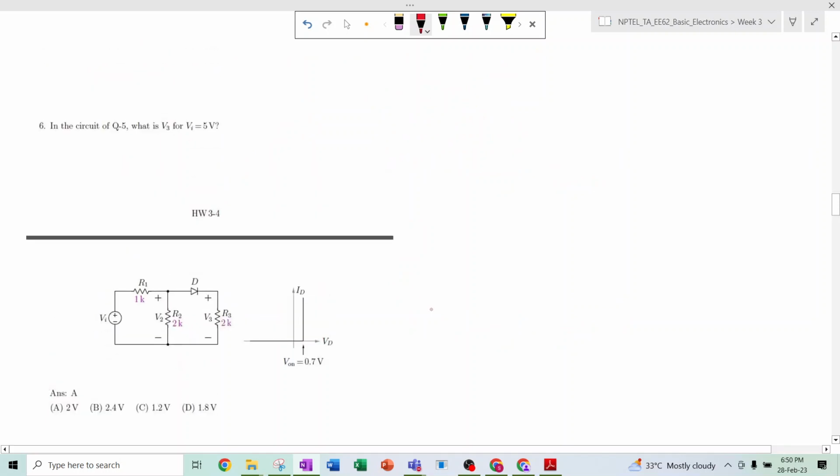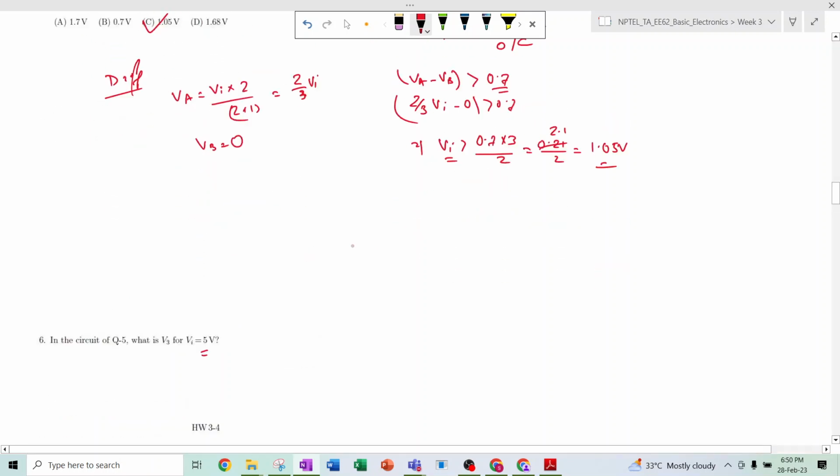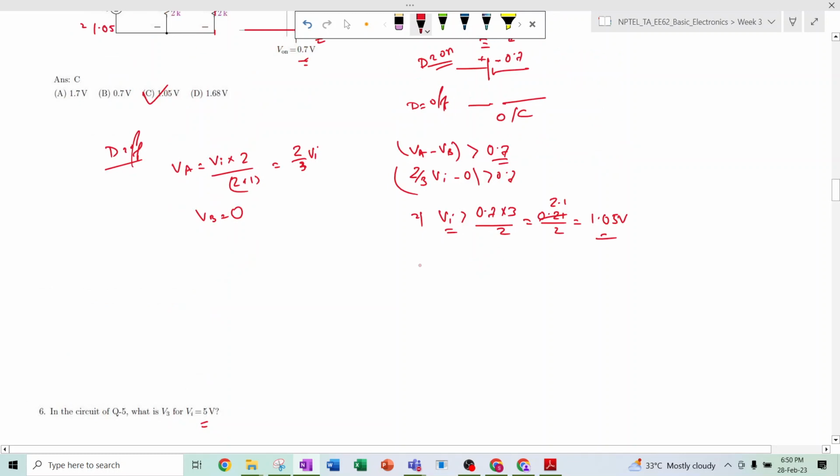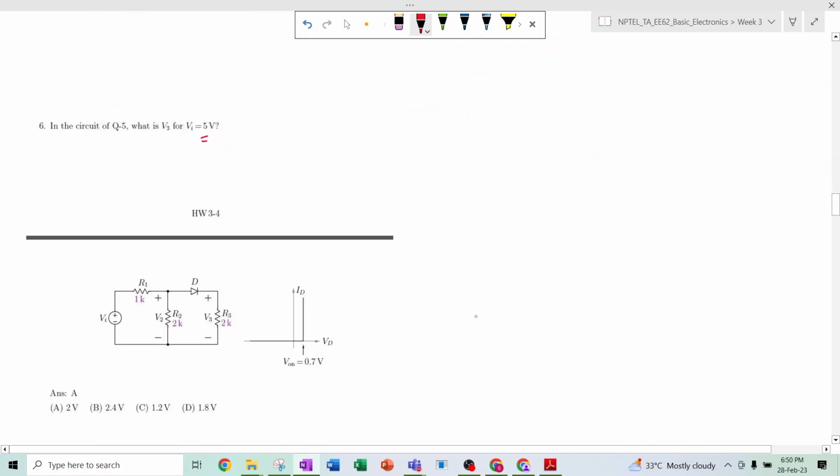So in the second question, it is asked that in the same circuit, what will be the value of V3 if Vi equals 5 volt? So far we know that whenever Vi is greater than 1.05 volt, the diode becomes on, right? So in this question, it is asked when Vi equals 5 volt. So 5 volt is obviously greater than 1.05. So we will consider the diode to be on, and we replace the diode